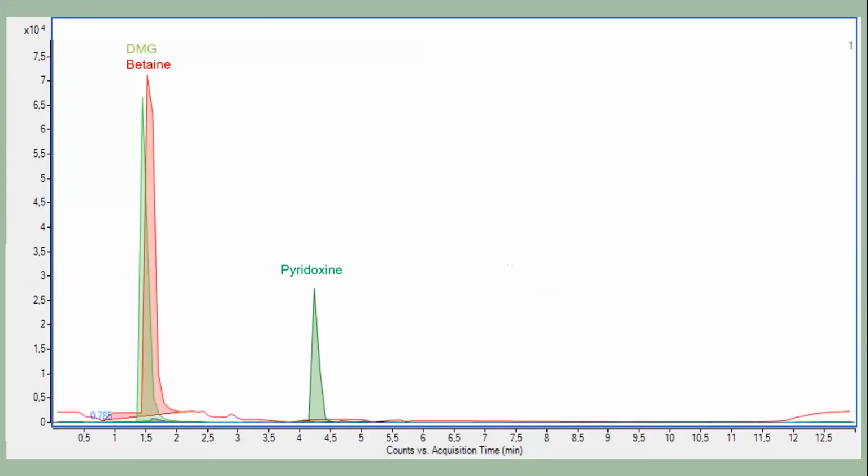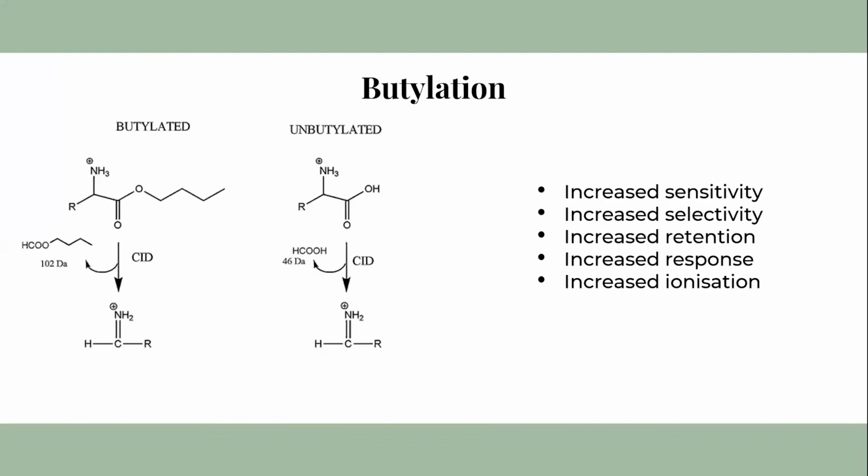So the next chromatogram is an unscaled chromatogram of all the metabolites and cofactors. Here it is clear that the sensitivity is lacking, and I'm also struggling with response. And when analyzing the compounds in a matrix, low abundances of the metabolites of interest were also detected. So achieving better retention of the polar compounds on the C18 column will increase the selectivity, the sensitivity, and the efficiency